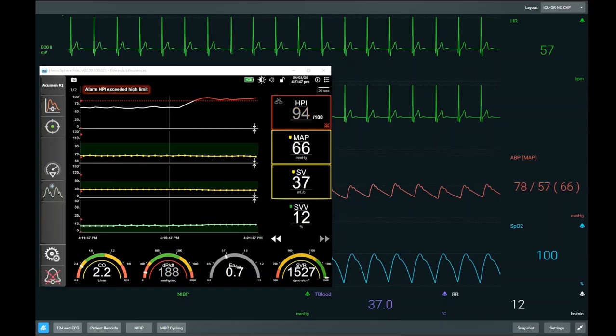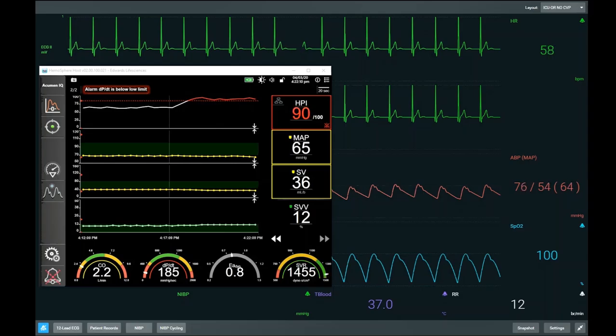So going back to the simulation now, we see our HPI has been raised for a little while. It's now at 94. Our MAP is now 66, so almost at the cusp of our hypotensive threshold, and our stroke volume is now starting to drop, decreased from 41 down to 36. SVV is 12, so we're at the cusp of being a preload responder, and our cardiac output is relatively unchanged, but dp/dt is now